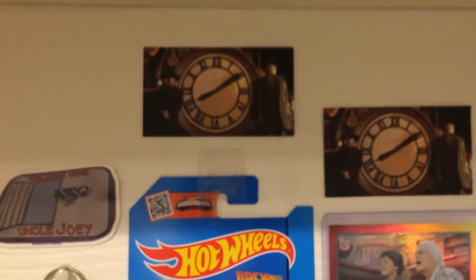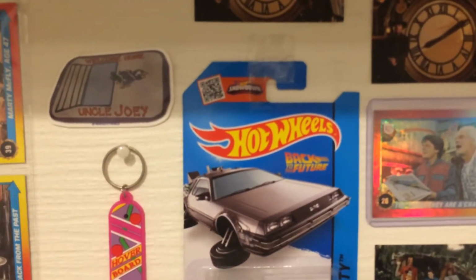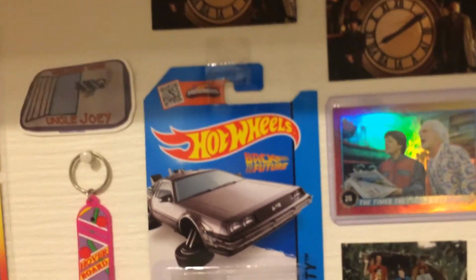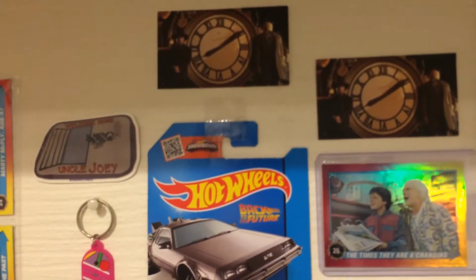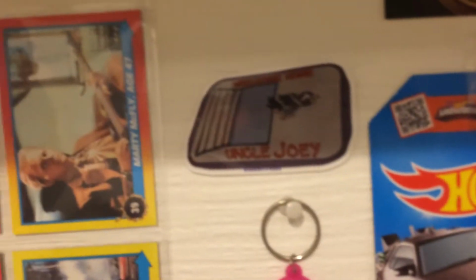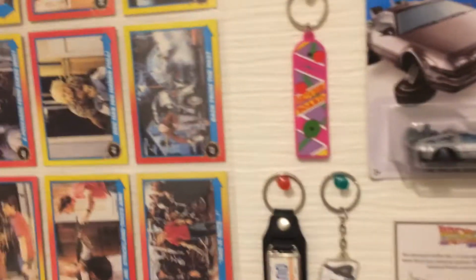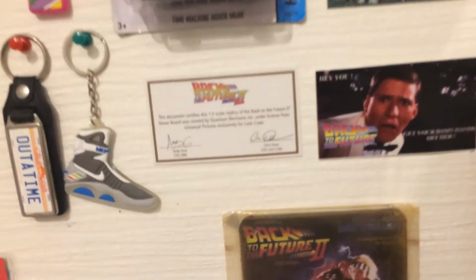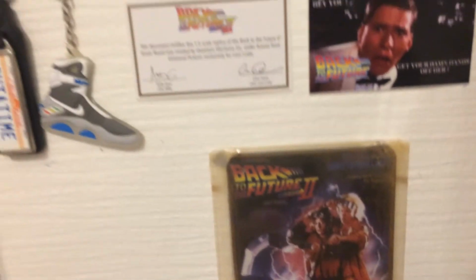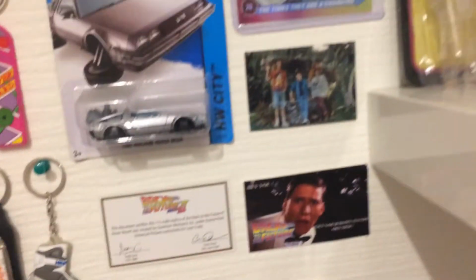So we got a couple of cards that pins came on from a company called Think McFly Think Co, which if you search that up on Instagram you can find their pins. They're really good. I've got a couple. I'll show you them in a minute. He also sent me this sticker, which is quite nice. A Hot Wheels DeLorean, some keychains, this little certificate here, which was for a little Loot Crate deal, a hoverboard. This is what one of the pins came on, and